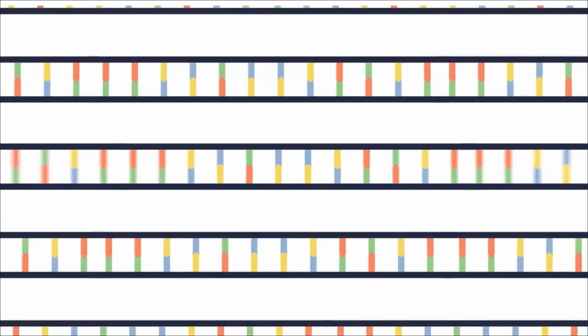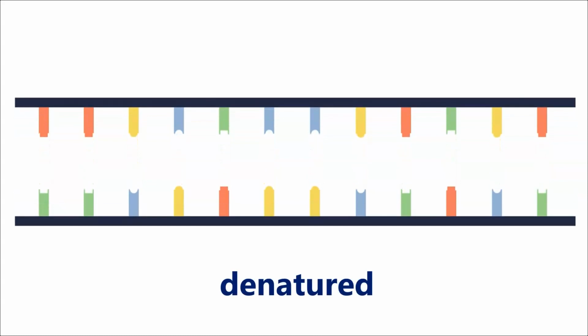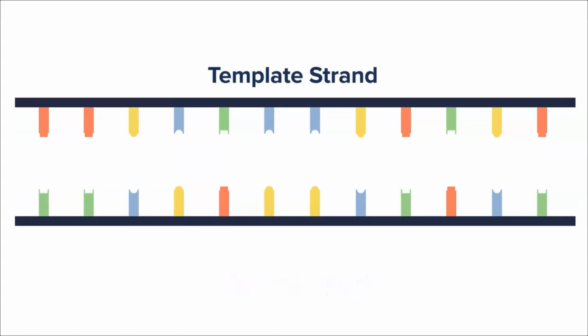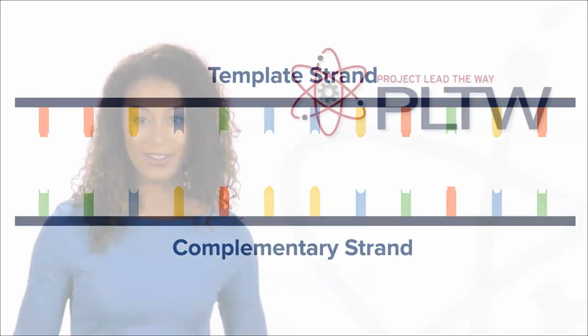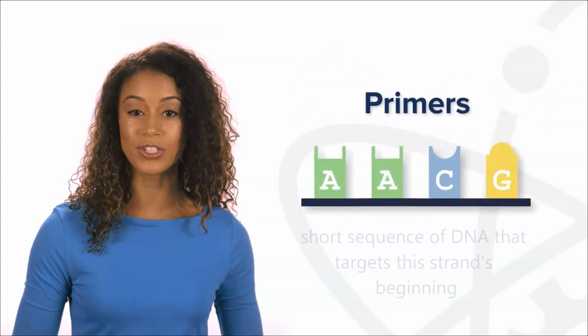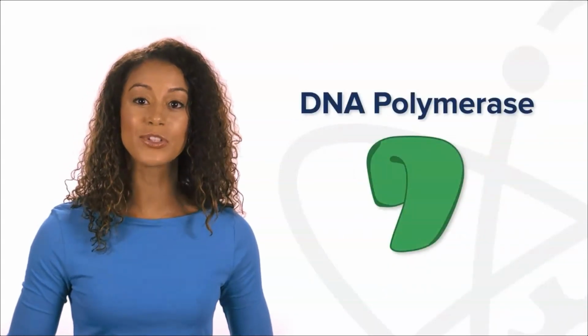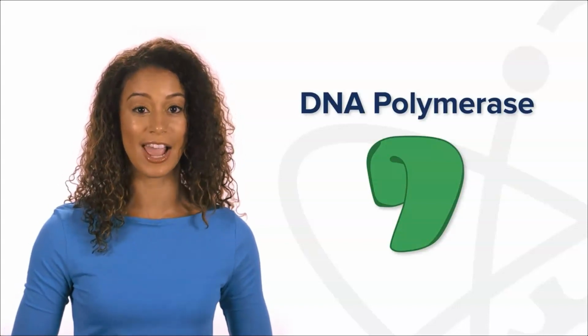First, let's zoom into a segment of DNA from the pathogen that we just copied using PCR. To begin this sequencing process, this double-stranded DNA segment is denatured, meaning it's separated into two strands. We call these the template and complementary strands. The template strand is then mixed with primers just like the ones used in PCR, DNA polymerase, the enzyme that assembles nucleotides to create DNA,